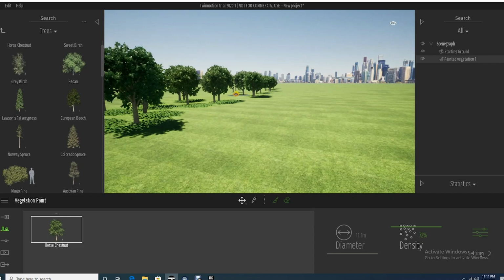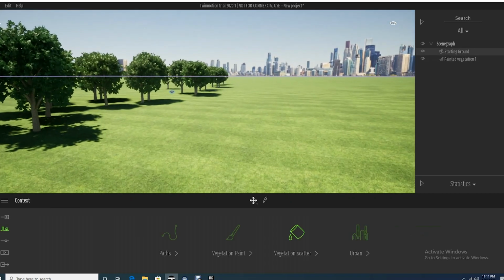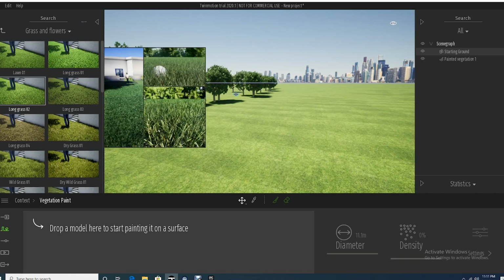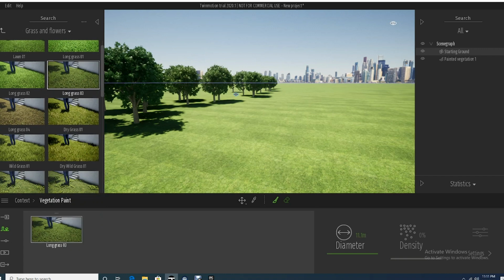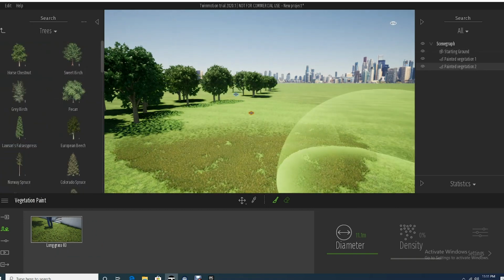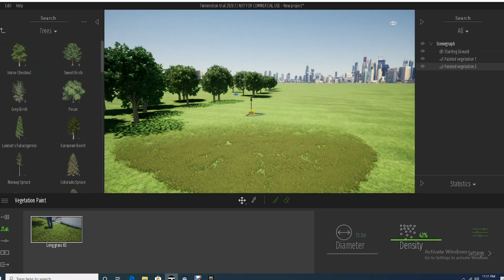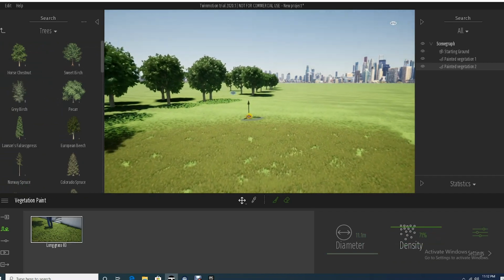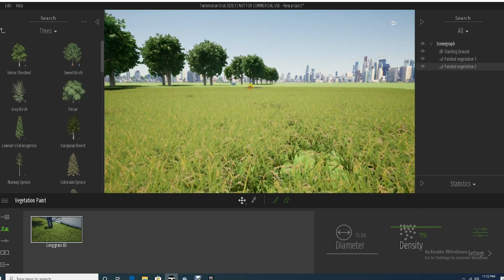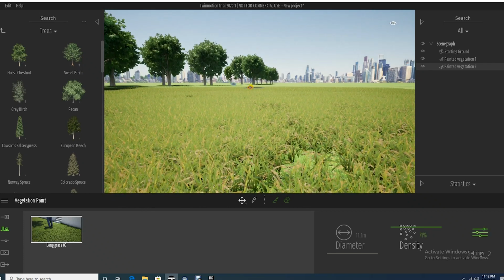If you wanted to change this out and add some other vegetation, let's say we want to just add some grass. There's all these great grass materials or models in here. We can do the same thing. We just paint a grass area just like that and up the density of it so it really looks filled in. Like if I drop down here, not only is the grass there, it's also animating with actual effects,